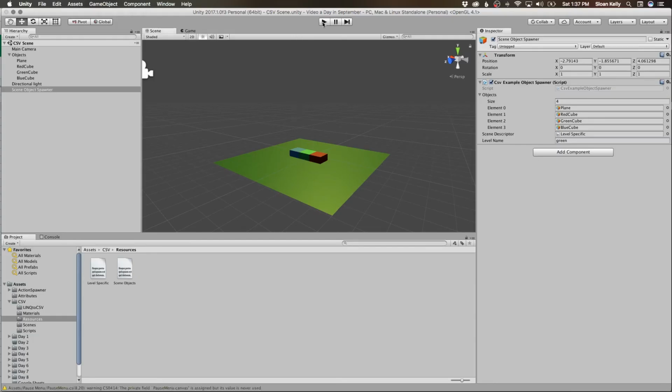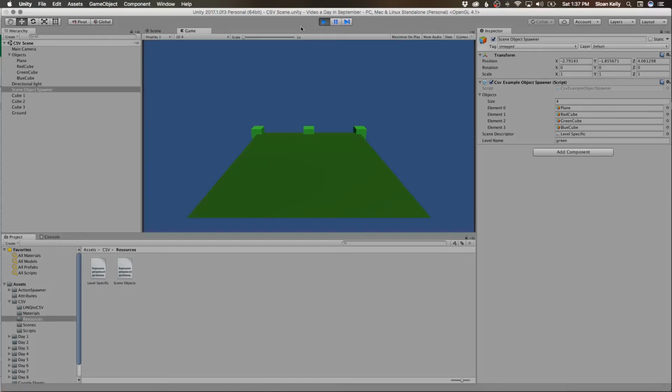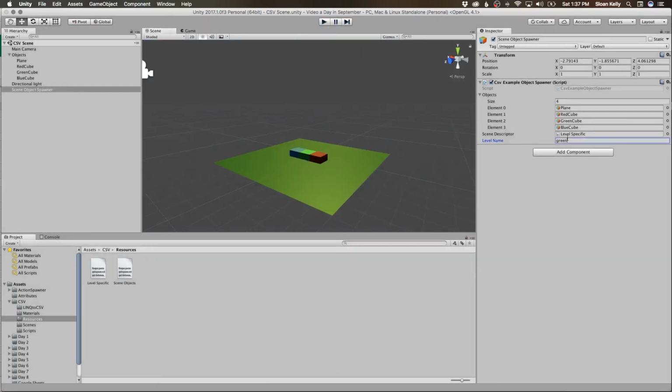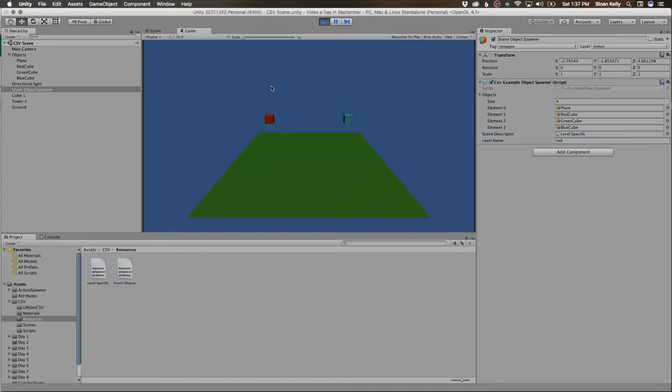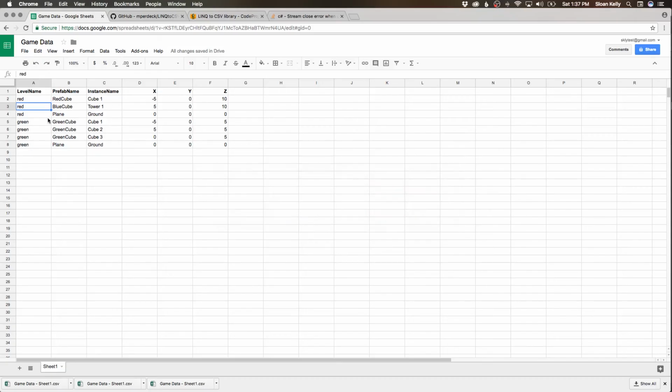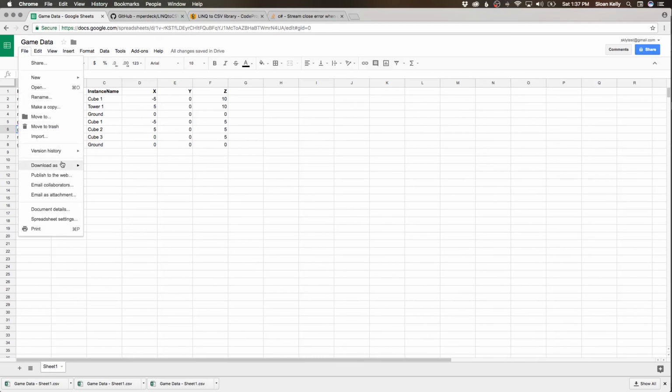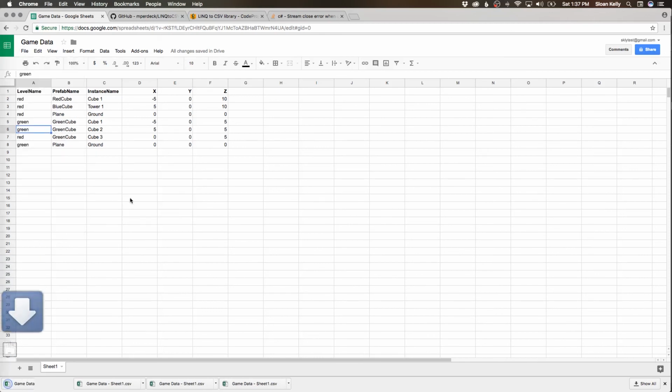But anyway, this is going to be a short one today, but that's the gist of it: you can use Linq to specify what data gets shown in your games, and it can all be controlled by the database as well. So it doesn't even need to be in order. You can specify that maybe this one here is going to be part of the red level now. So you just save that, and then you export this, download as comma separated value,